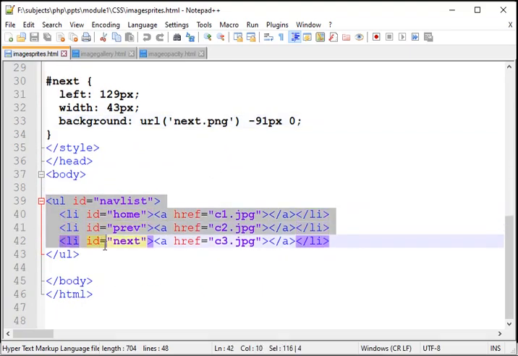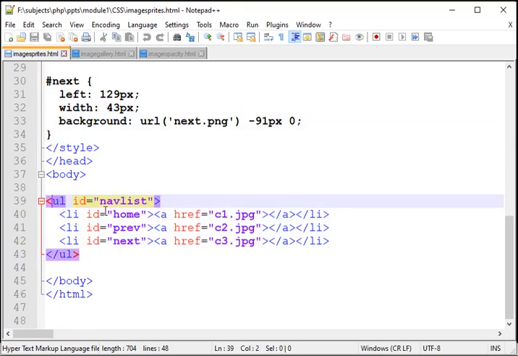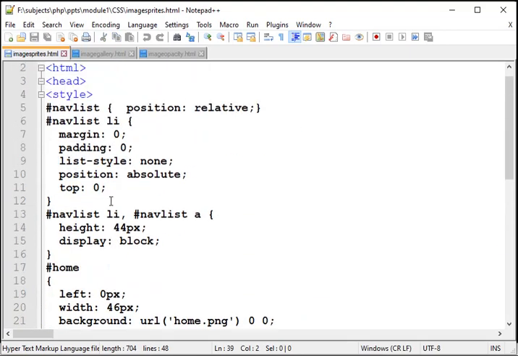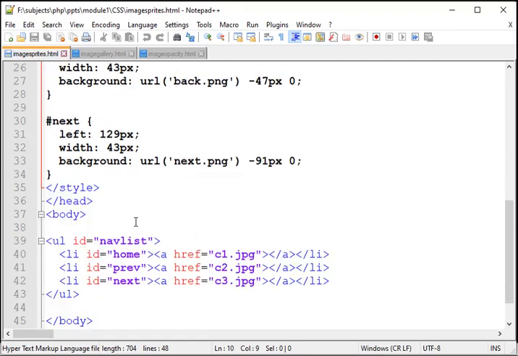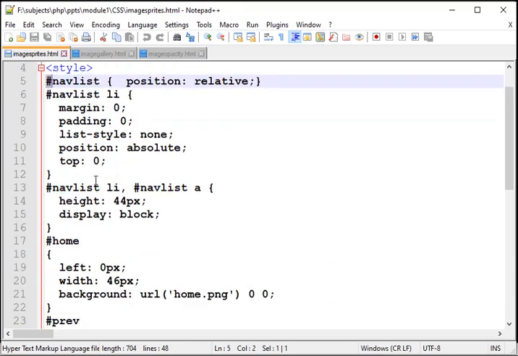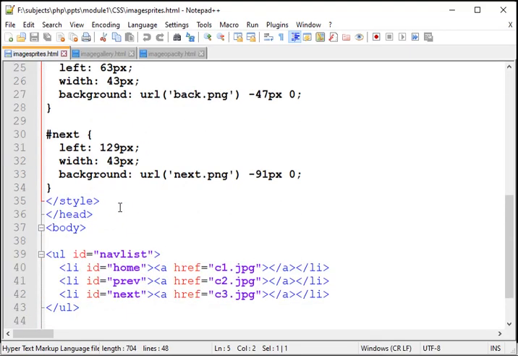And after that, under the unordered list, CSS unordered list, you need to add a navigation list. All that we specified under the style tag for the navigation list, like margin, padding, list style and position absolute, we talked about in the previous example. All this is set under the navigation list id, which you specify by the hash symbol. If it is a class, you specify it with the dot symbol. Then under the UL we have home, previous, next, and we give links to these images.